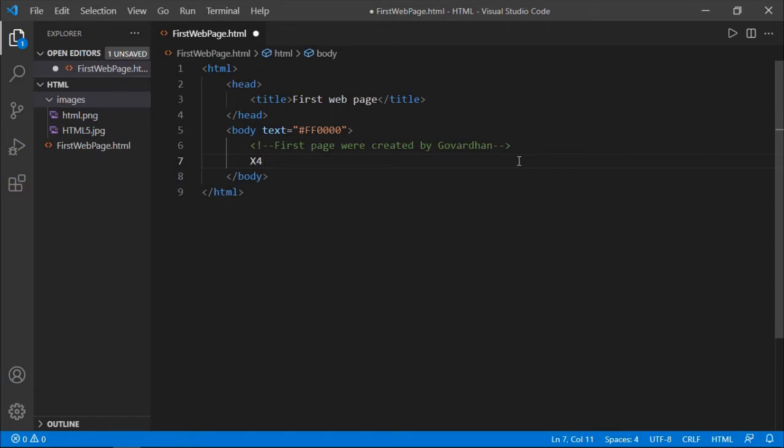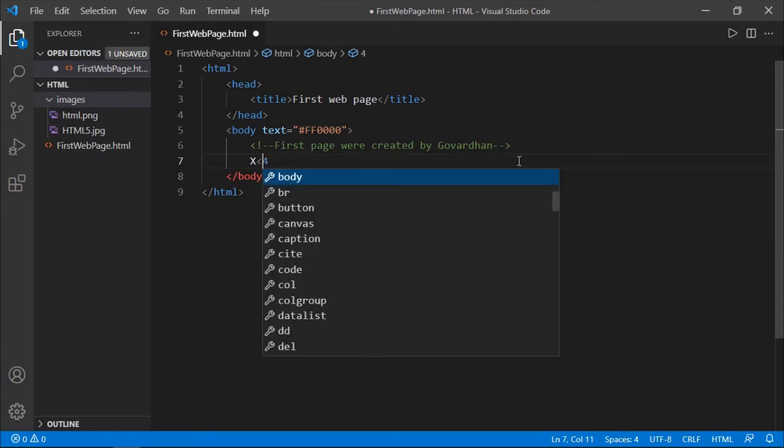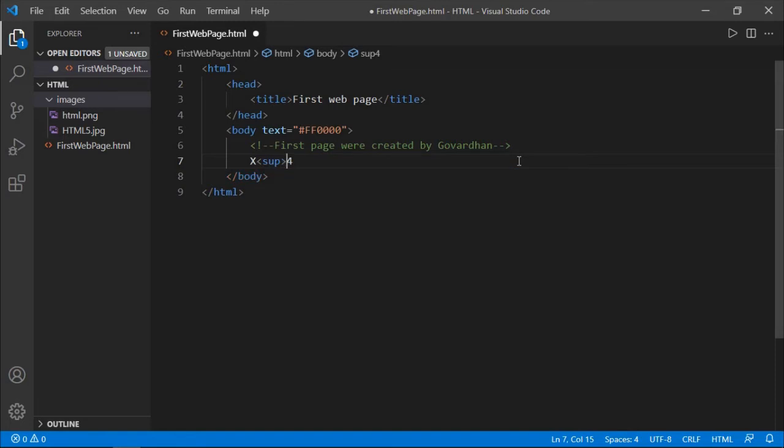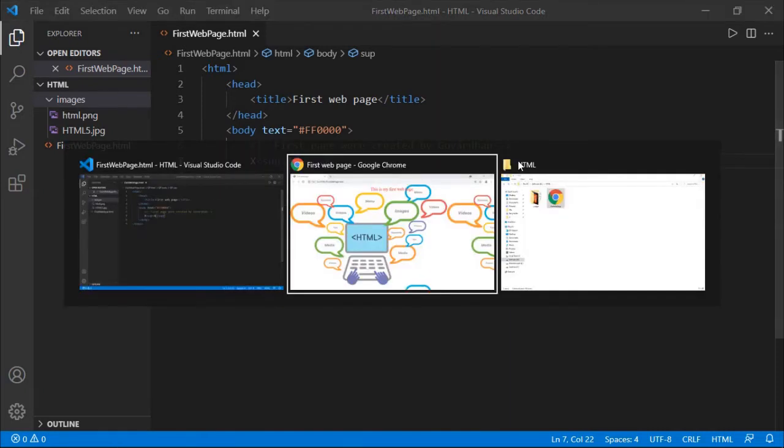The 4 is going to be displayed in exponential format, and there is no normal representation to display a 4 in a power. So in HTML you use the sup tag. Now enclose 4 in the sup tag, then our interpreter is going to display 4 as the power.